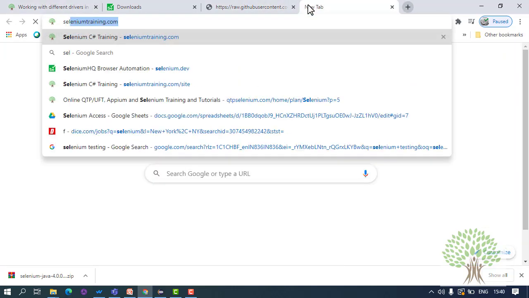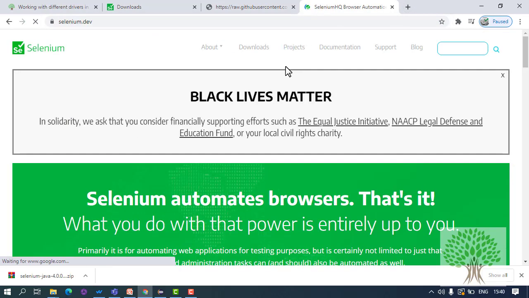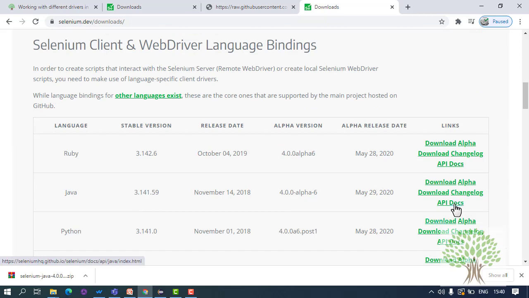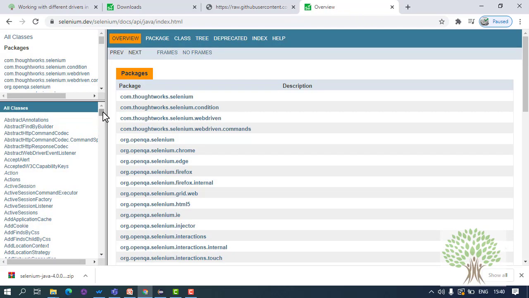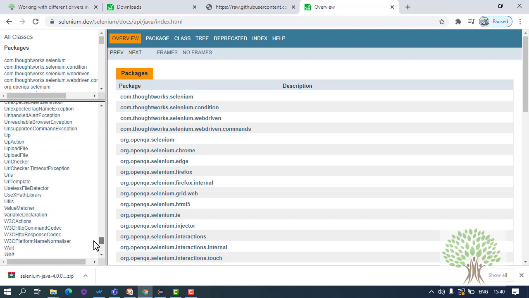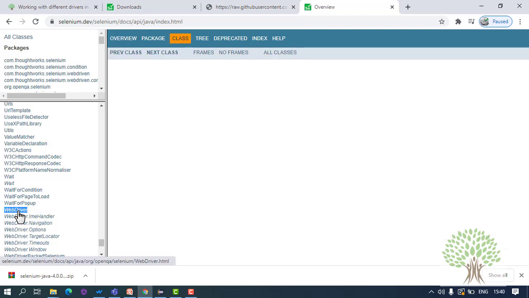If you go to the official website, which is selenium.dev, and go to the download section, you will see under Java, you will see the API docs. These are the official documentation of Selenium, the Java docs for Selenium. If you scroll down, you will see something known as WebDriver written over here.